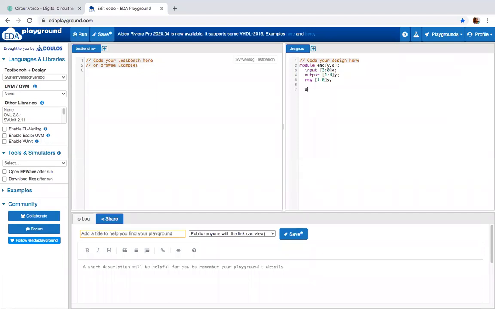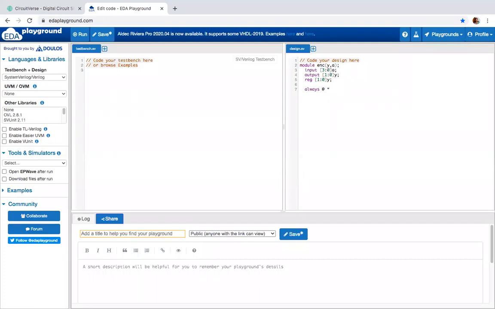Now let us write the code in behavioral model. You can also write it in gate level and data flow model. Always give the inputs. What is our input now? Our input is A. I can write always @(A). This is also one way. The other way is you can just give a star.